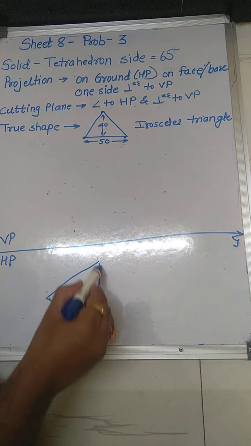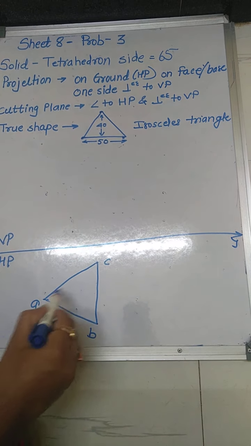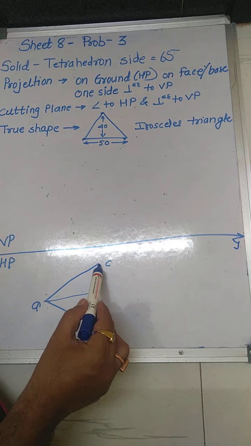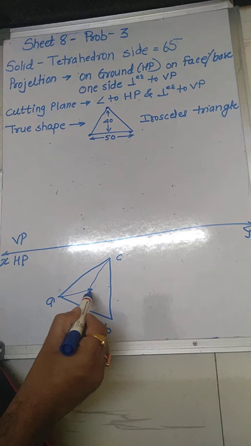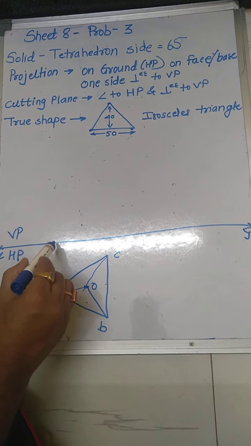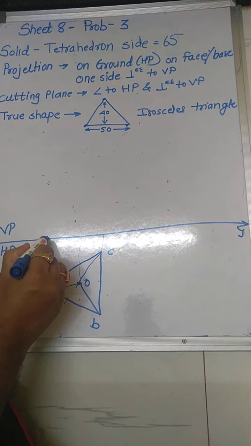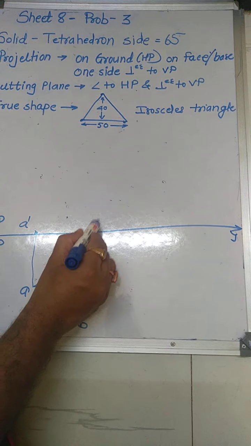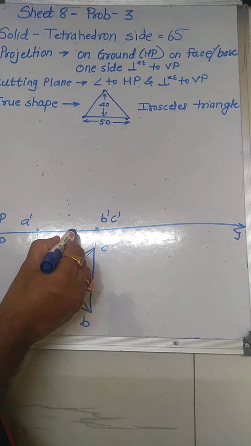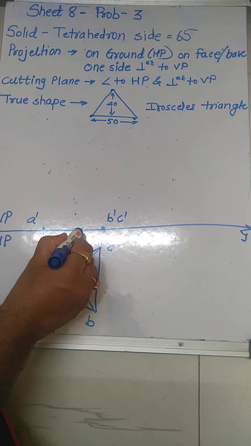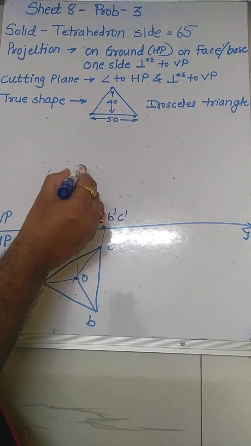So this is the equilateral triangle, base ABC, and the apex, O, project that one. Now in the front view, the base here is A dash, B dash and C dash. This is the base, the axial base. The height we don't know, but as you all know how to draw the height.